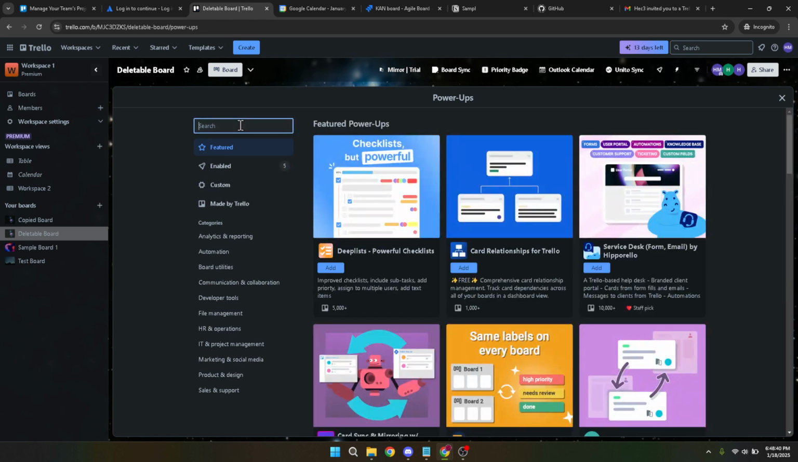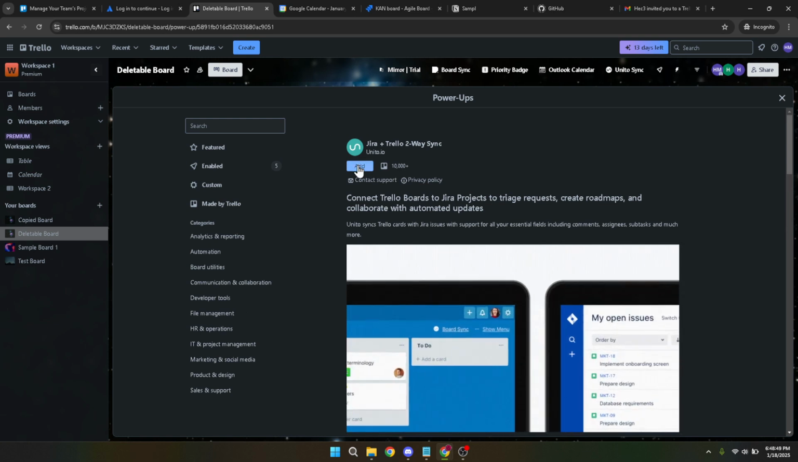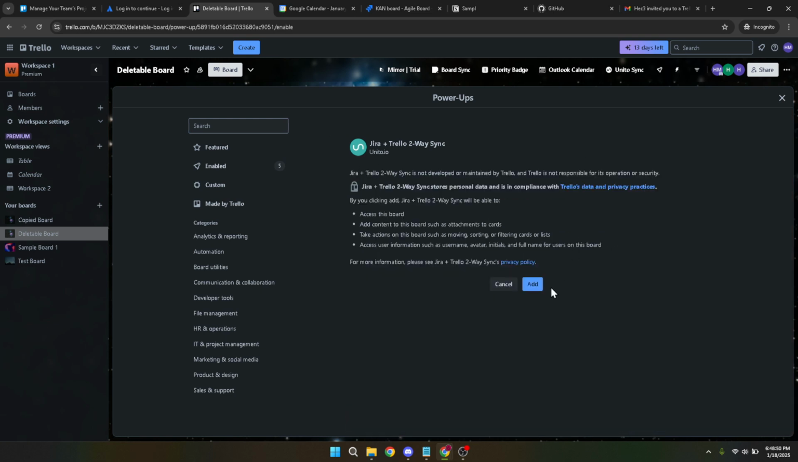In the search bar of the Power-Ups page, type in Unito. Unito is the tool we'll be using to create a seamless two-way sync between Trello and Jira. As you type Unito, you should see an option called Jira plus Trello two-way sync appear. Click on it to learn more about the sync capabilities. Now, to implement this feature, click on Add, and then close out the Power-Up menu once it has been